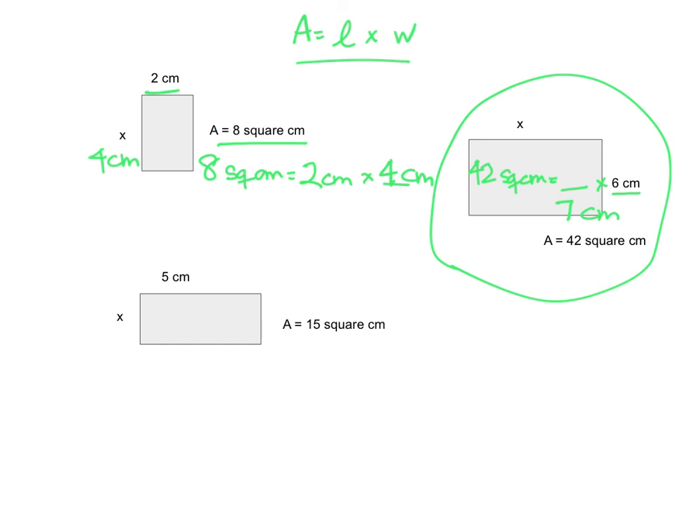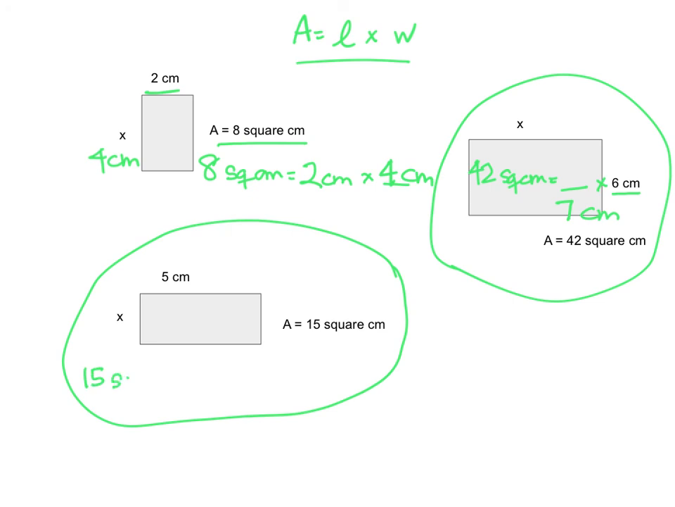Let's look at this last one. This one will be, multiplication-wise, a little bit easier. So my area is 15 square centimeters, so I'm going to put 15 square centimeters is equal to 5 centimeters times something. Well, 5 times what is equal to 15? 3 should jump right into your head. 5 centimeters times 3 centimeters will give you